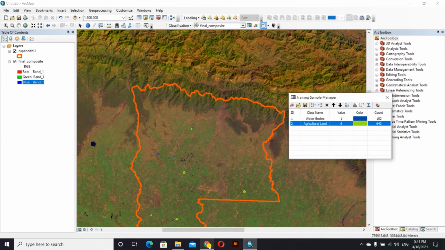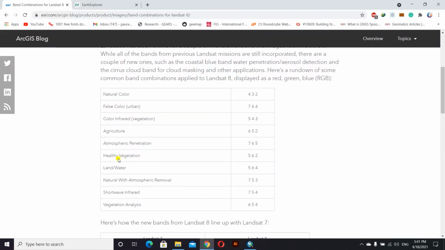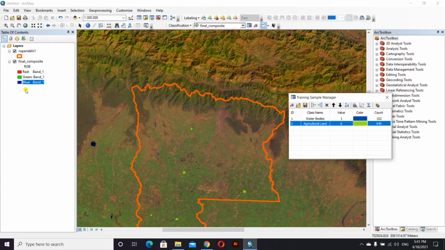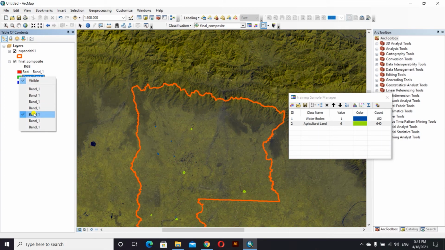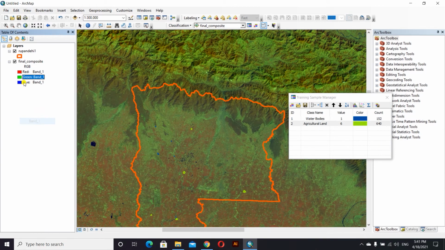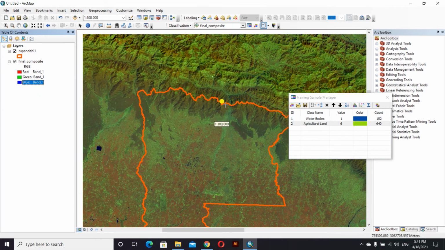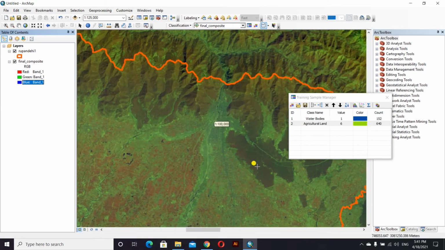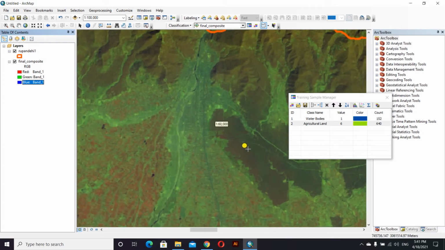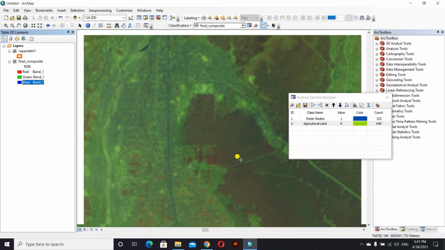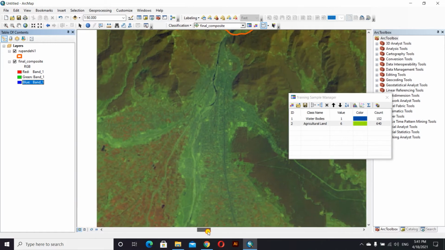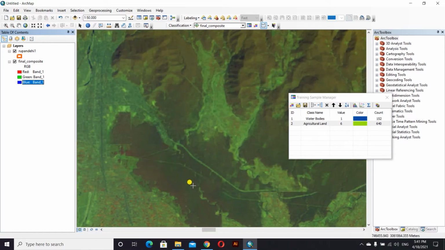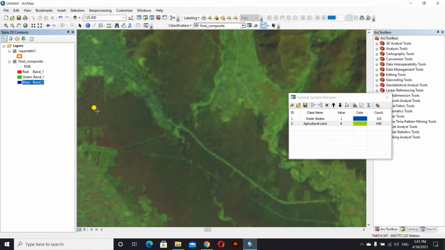And again we will go for vegetation. For vegetation we have band combination 5, 6 and 2, so we'll go to bands 5, 6 and 2. Okay, so here this is the forest area. So what we will be doing is we will select this forest area and make a sample.